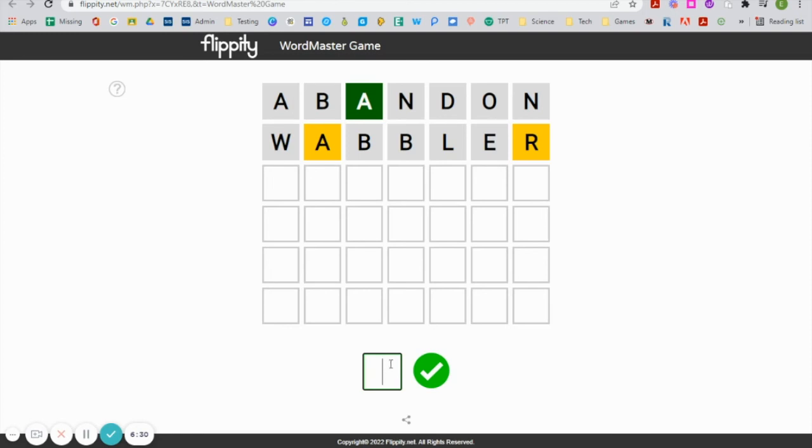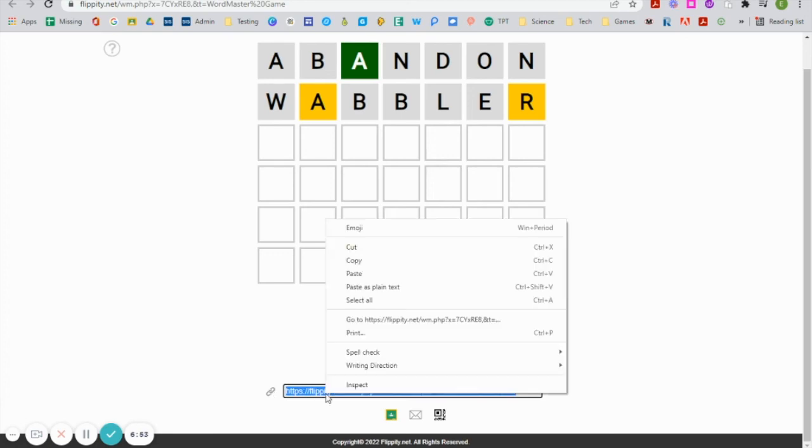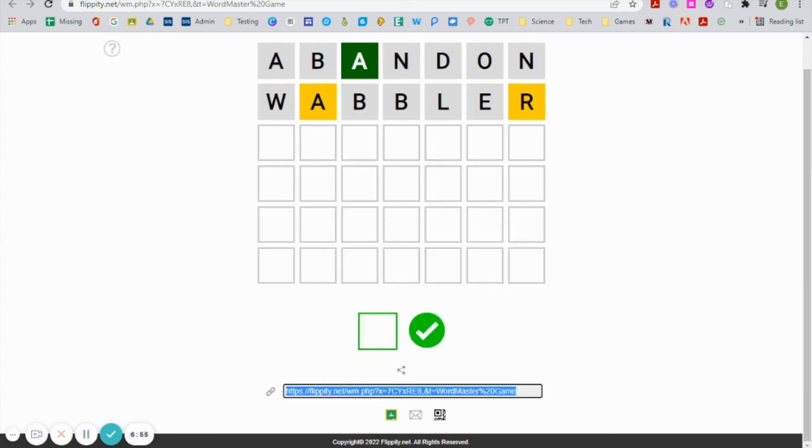Now let's just say you're ready to share this online with your students. You want them to check it out. If you'll come down here to this weird looking symbol, it actually means share. When you click on it, it's got several options. You can push it out through email, through a QR code, or through Google Classroom if you were on Google Classroom, but here's what I want. I want the link right there. So I'm going to highlight it, copy it, and then I'll put it in my classroom.